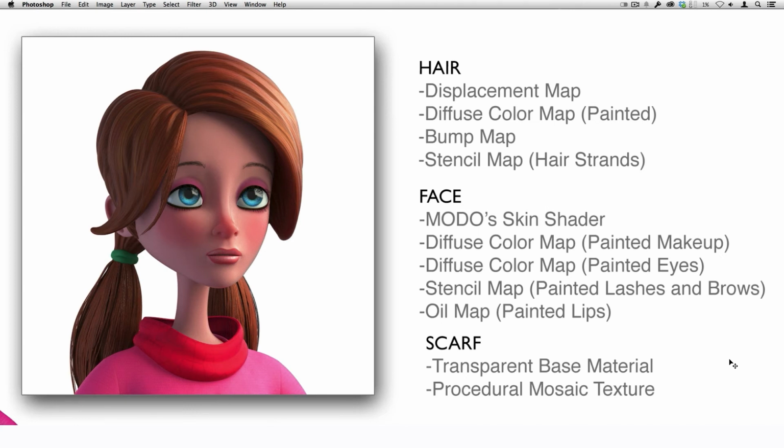And you can notice that she also has some makeup on. So that's a painted map that we've applied. We've targeted one of the epidermal skin layers for that. We'll talk about how to set that up. You can see she has color in her cheeks and her eyelids, and of course her lips,